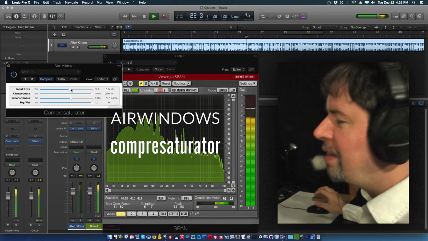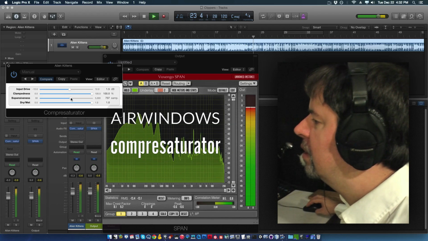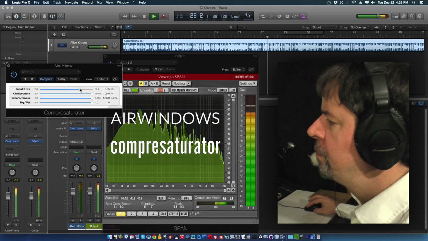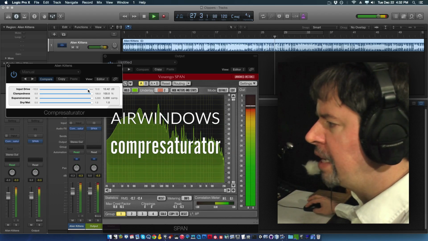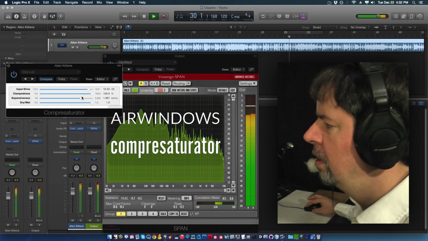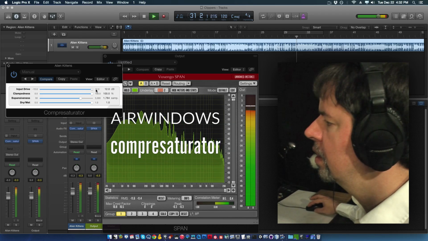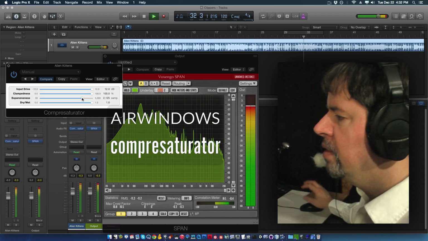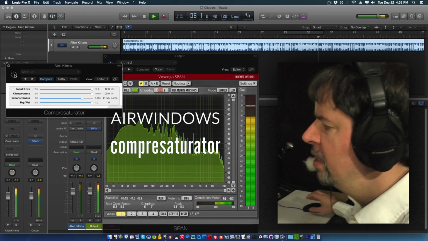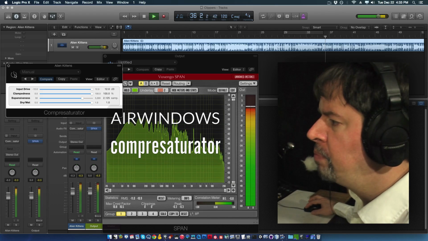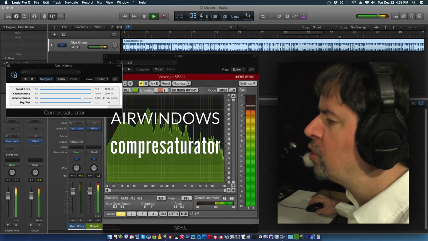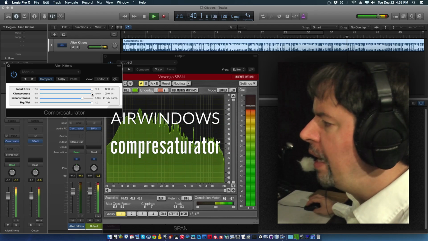All right, so that distraction aside, we can turn this all the way up into sort of way where it starts getting much louder. And it's possible to force this into weird behavior, like this. This is some of the crazy stuff you can do with Compresaturator. You can hear that you got that snare there, but you can make it set up so that it's really being choked out. Clampedness